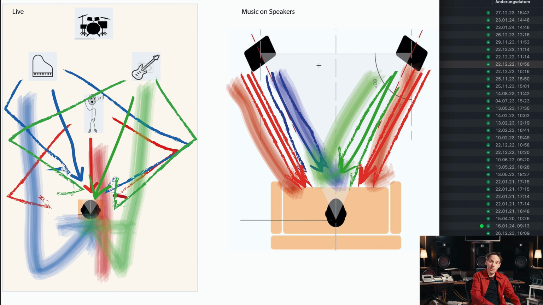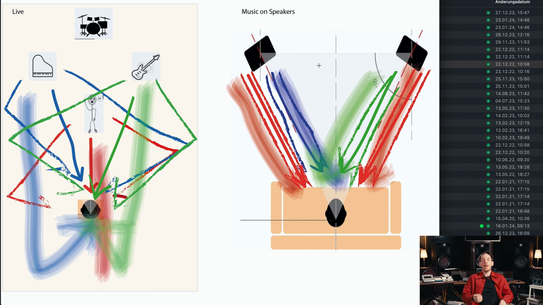And the solid color is the direct sound coming to the hearing system. But then, as you see, all the reflections are coming from different directions in the real room. And our hearing system, or I should say our brain, is actually localizing those reflections. So that's why music sounds so nice in a real room. We are surrounded by sound. This is something we like.